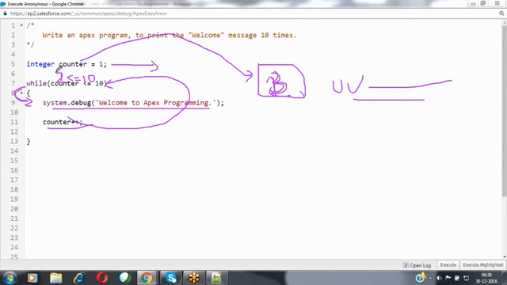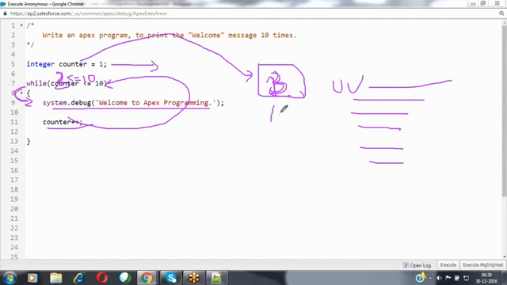Now it is verifying whether 3 is less than or equals to 10. The condition is satisfied. It will enter into the block and execute the statement. Let it keep on going. Whenever the counter value is equal to 9, less than or equals to 10, it will print that statement, incrementing the value by 1.